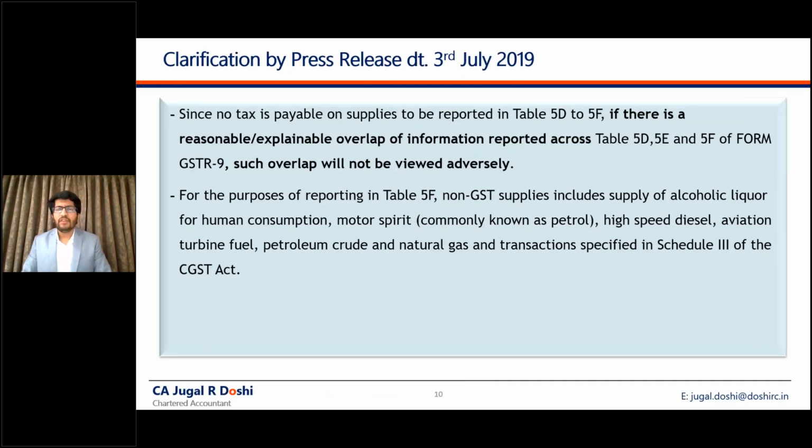So the intricacies in table 5 is, I am making a supply which can be categorized as exempt supply also and nil rated supply also, or a nil rated supply also and no GST, no supply also. So here government has given a clarification that if a particular supply is capable of being categorized into two of 5B, 5E and 5F, you should use reasonable basis for such categorization, and government will not take any adverse action if you have taken reasonable care.